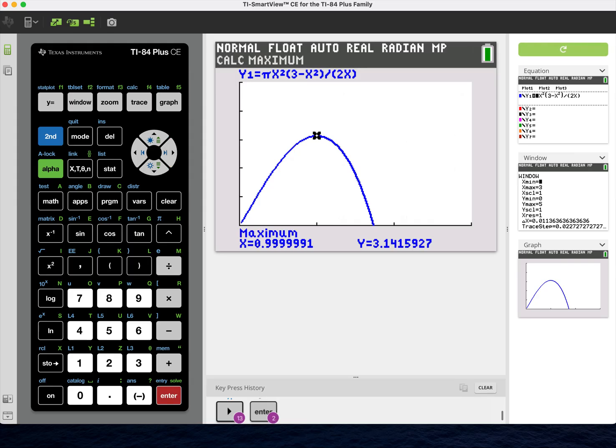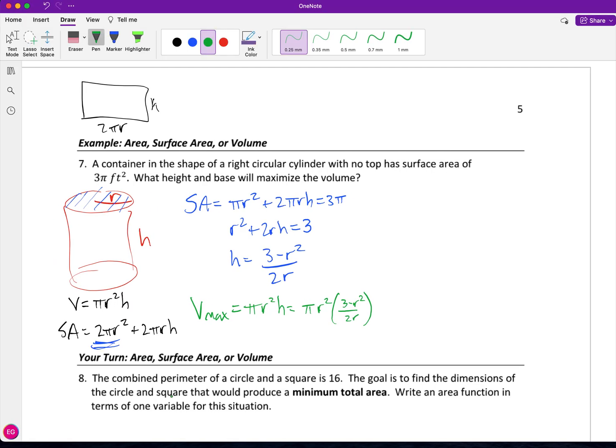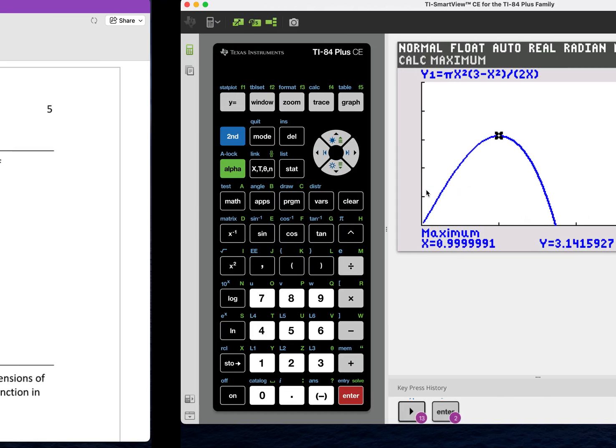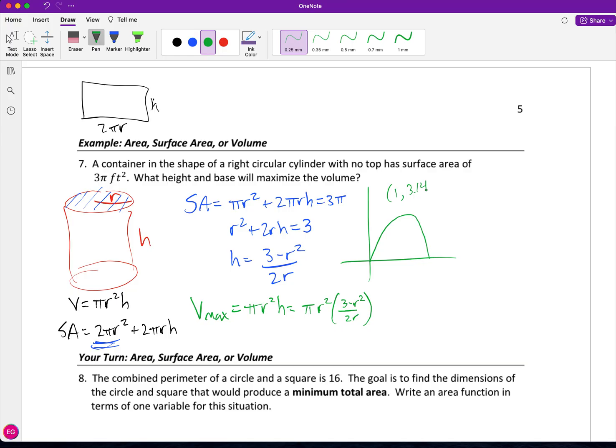Friendly reminder, your calculator isn't as smart as you. That is x equals 1, even though it's writing it as 0.99999. All right, so when we graph this pretty picture here, we got 1, and then we got 3.14159..., rounded to 7. I actually think that that's pi. This is 1 comma pi, if we were to be super crazy about this, which is going to be